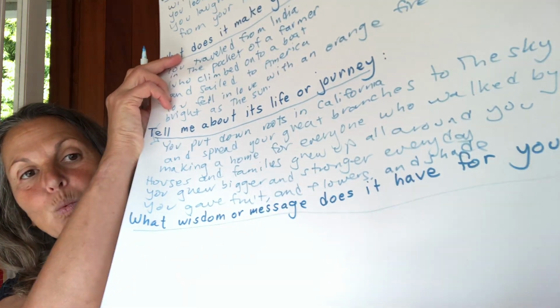Okay, our very last question for this is, what wisdom or message does this nature object have for you? So my last stanza, that's the little paragraph of poetry. My last stanza says, one day a young girl who lived nearby painted a sign and hung it in your arms. It said, dream